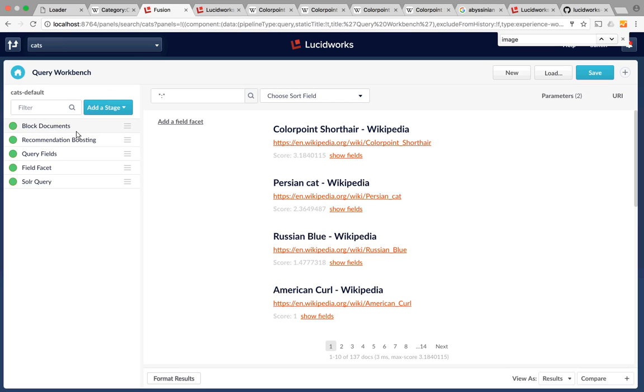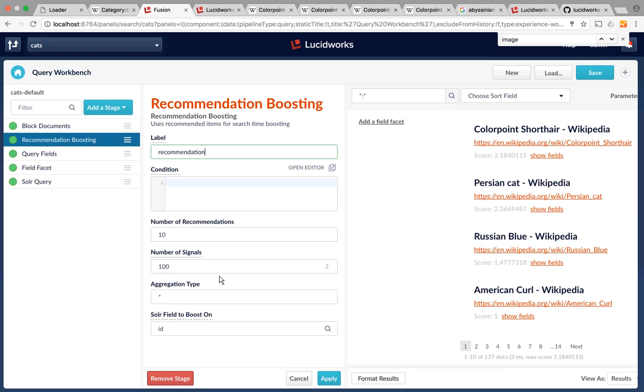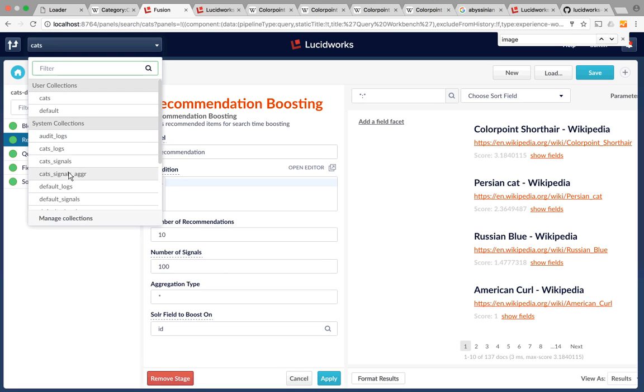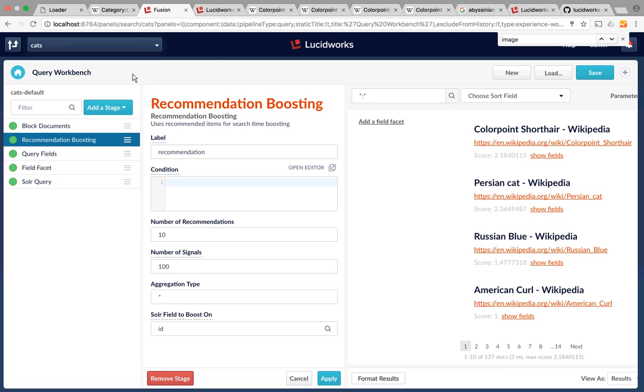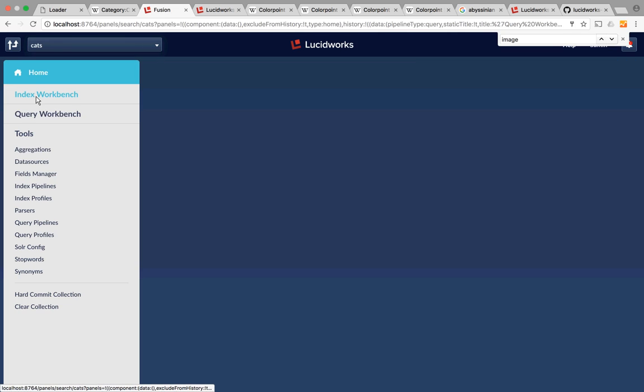And so you see the query pipeline, the way that recommendations are being applied from those signals. Those signals are a built-in part of Fusion. They go into these signals and signals aggregate and then get put into that score. And we'll have another presentation someday to go over those in more detail. But right out of the box, I've been able to create an index and search of a previously unsearched